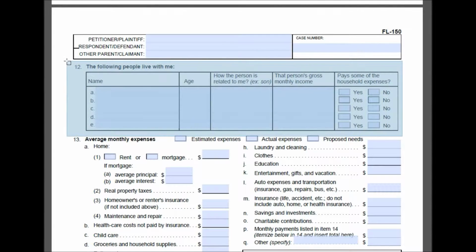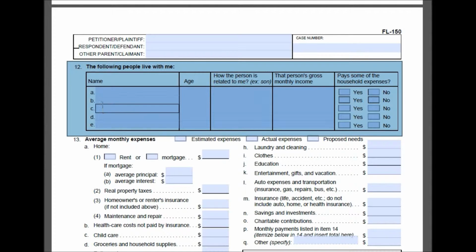Box 12 here lists out all the other people in the individual's household. So, for example, if somebody is getting a divorce or they're living with a boyfriend or girlfriend, and they earn money also that the two of them can benefit from, for example they pay rent together, they go out and eat together, you would list that person here. Typically, what I usually see people put here, though, is children that they're supporting. For example, you see that it says son right here.